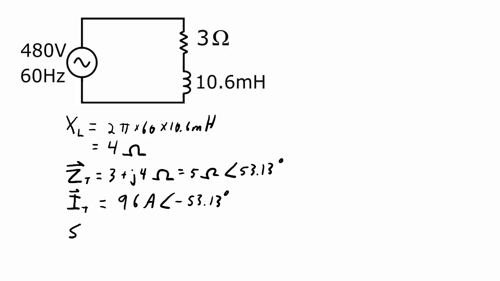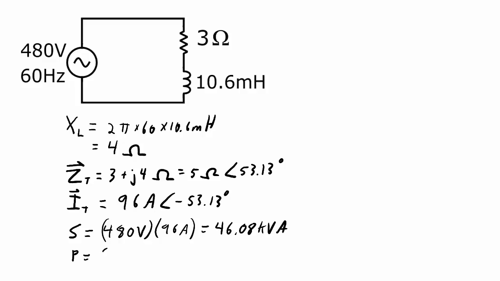The apparent power doesn't care about the phase angle. I just need to know what those RMS values for voltage and current are. So the RMS voltage is 480 volts, the RMS current is 96 amps, and that works out to 46.08 kVA. The real power consumed by that resistor is equal to the current through it squared times the resistance of 3 ohms, and that works out to